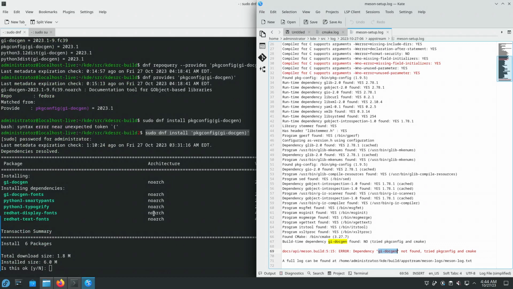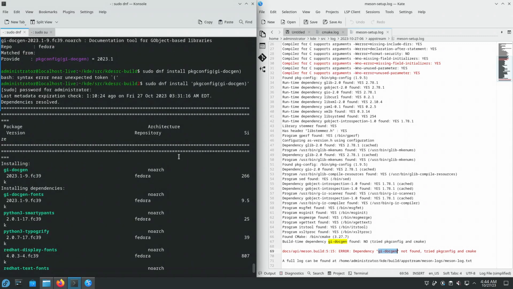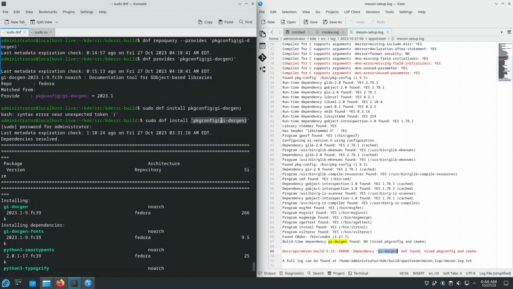How do we fix that? In DNF, there's support for specifying a package not by RPM package name, but by this thing, pkgconfig, parentheses, and then the name of the package config. So I issue the command dnf provides pkgconfig gi-docgen, and it says that the name of the package is gi-docgen. So at this point I can install it, so I can go sudo dnf install gi-docgen, or I can be even bolder and go sudo dnf install and then pkgconfig parentheses gi-docgen closed parentheses,